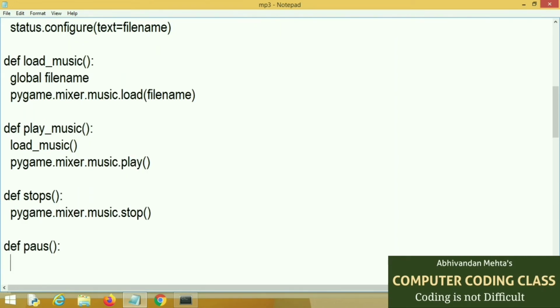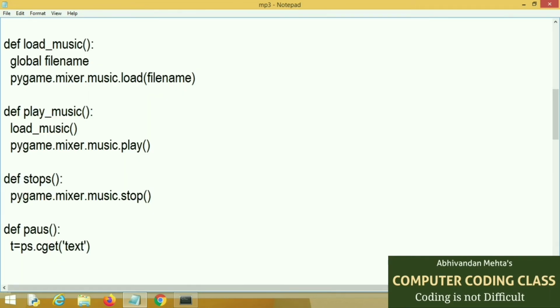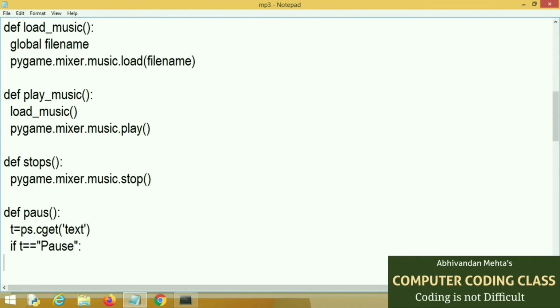We will turn a simple button into a toggle button. Toggle button means this button has two states. First one is pause and second one is unpause. Here first we read the text written on the button. If it is pause, then we will initiate a pause command, and if it is written unpause, then we will initiate the unpause command.